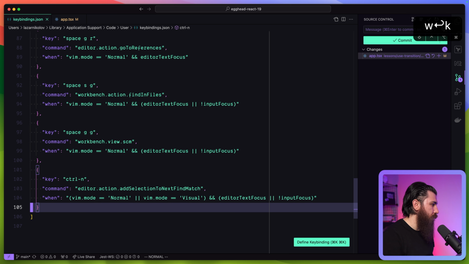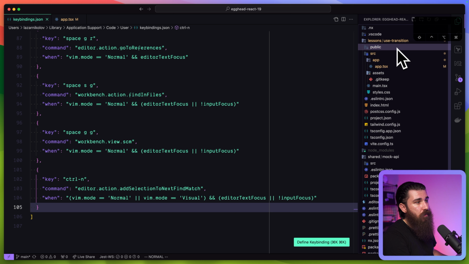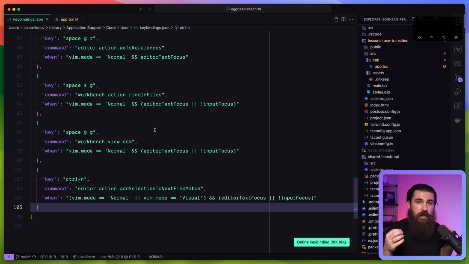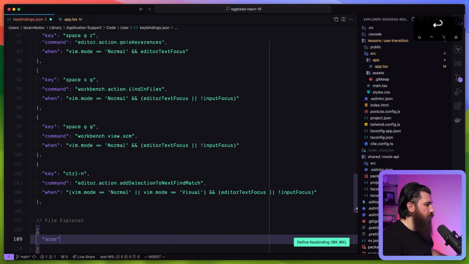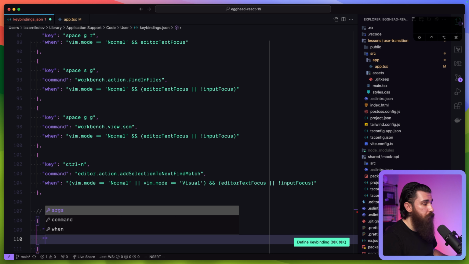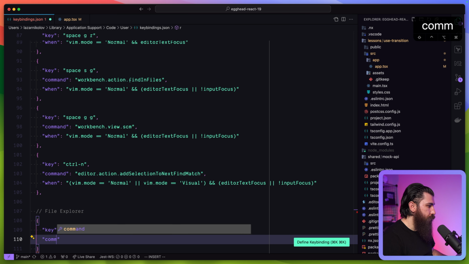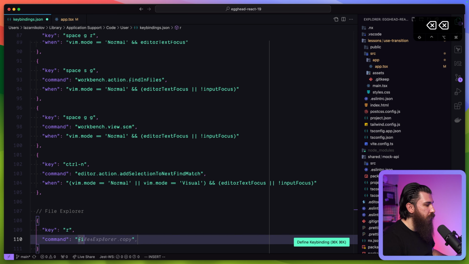The last category is the Explorer category, and we want to create files, copy, delete, move, etc. using the keyboard. So let's do that. I'm gonna add a comma, file Explorer, and create a new key binding. And the first one we're going to cover is the R, which stands for rename. So the command is going to be just renameFile,